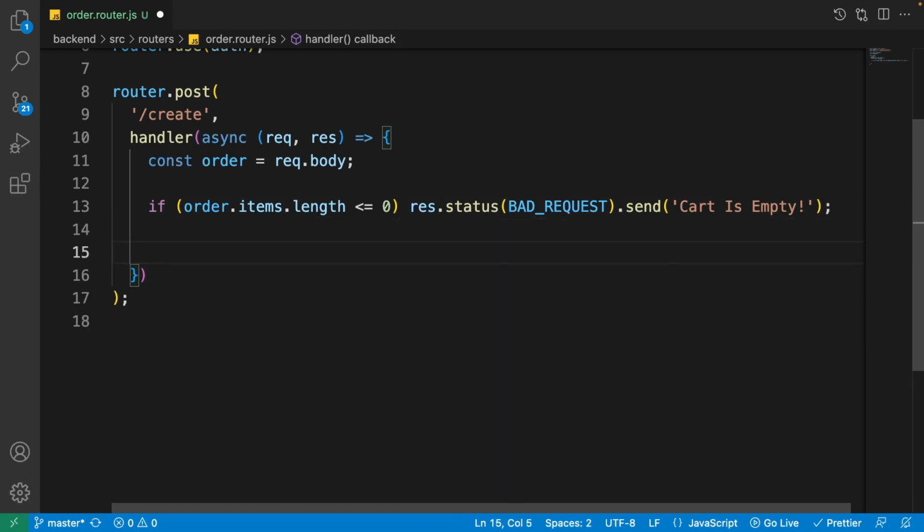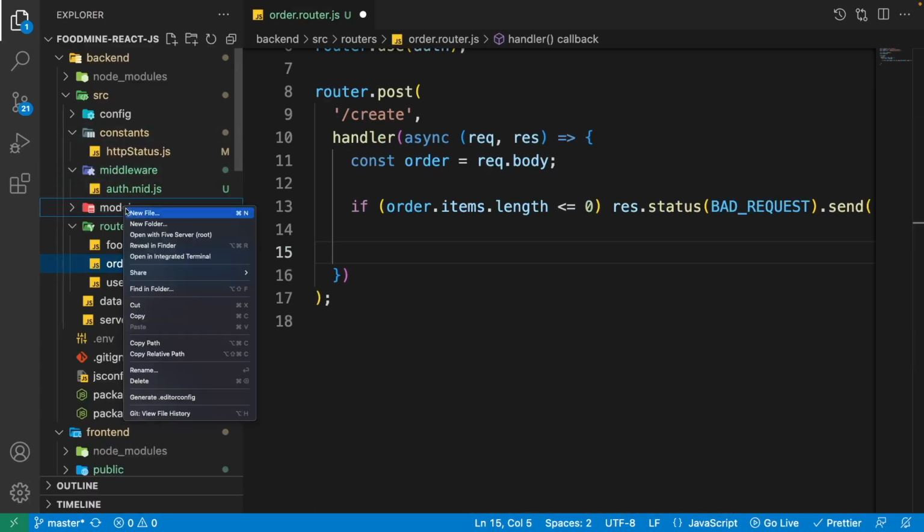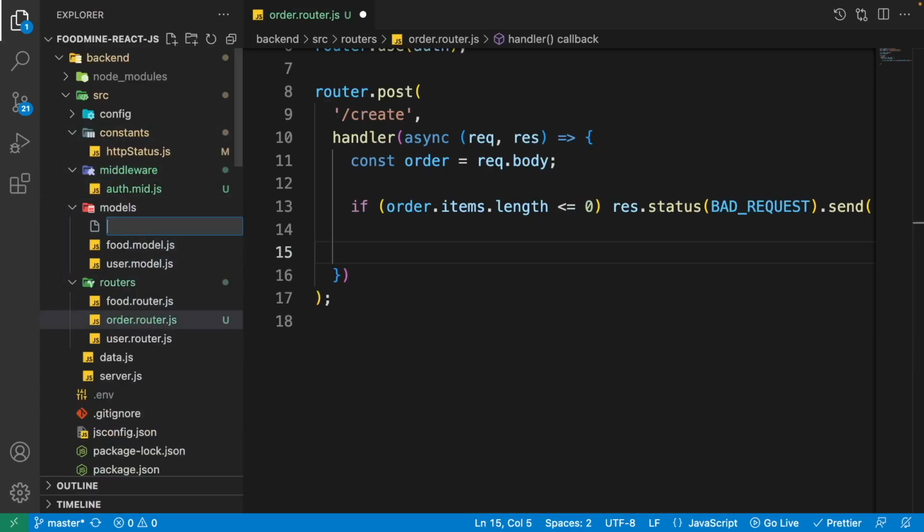But if the items were more than 0, here we need to delete the previous order of the current user with the status of new. Then we need to create a new order for the current user. But for doing this, we need an order model. So we need to create it in the Mongoose models folder. So right click on it and create a new file with the name of